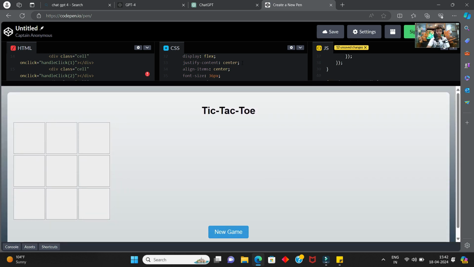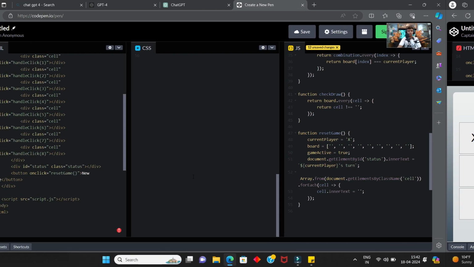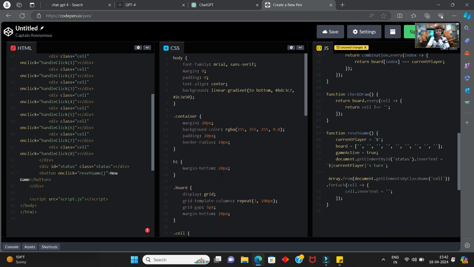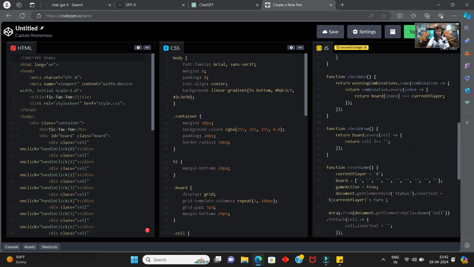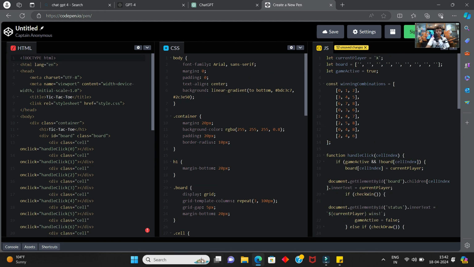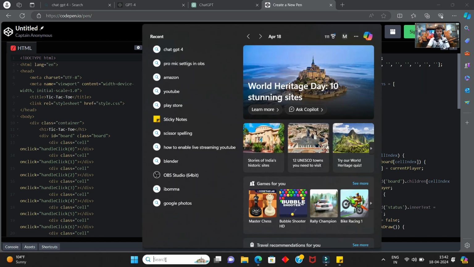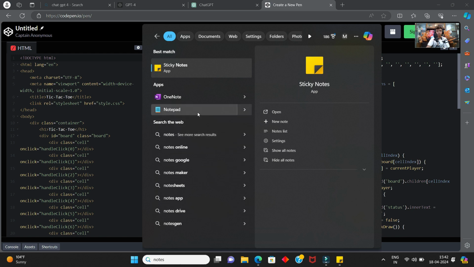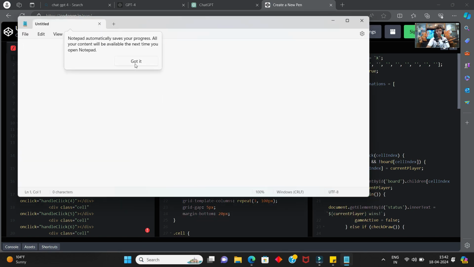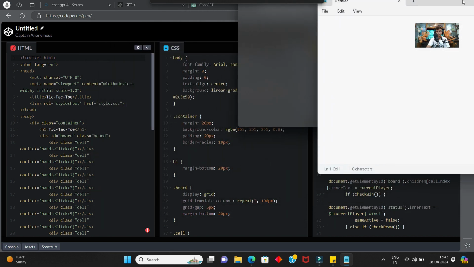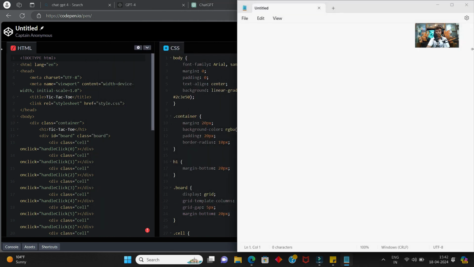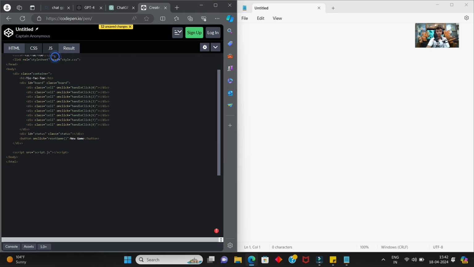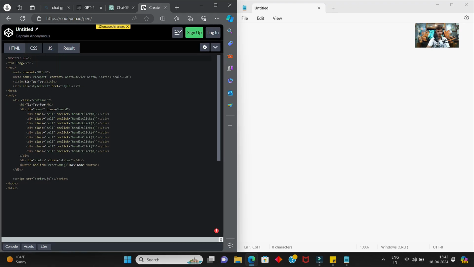we can see that we have got a gray color background, which is good. And now we have to save these files onto our laptop, guys. So let's open Notepad and copy the HTML code from CodePen. I'm copying it,